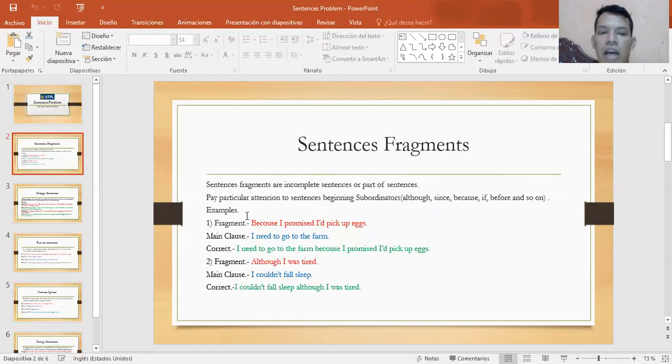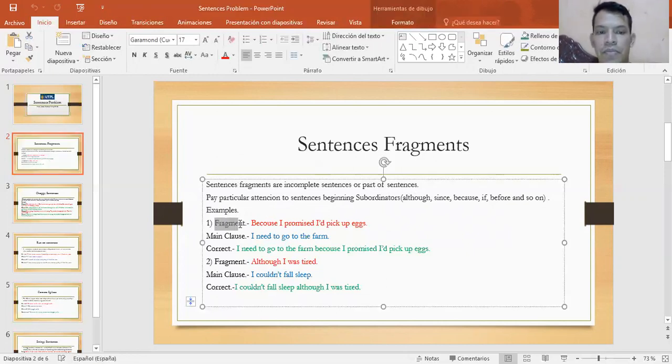Now, for example, here I have two examples of this case. The fragment, the sentence that is a fragment, for example: "Because I promised, I pick it up." So we have "because" here. So you have to pay particular attention to these sentences. For example, because is a kind of